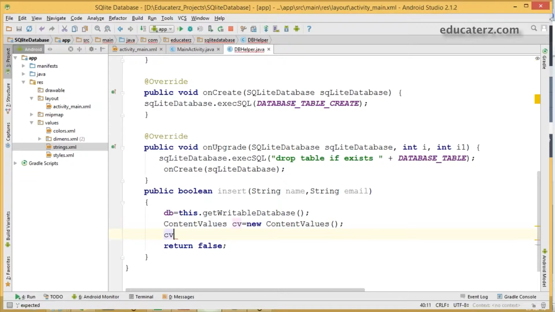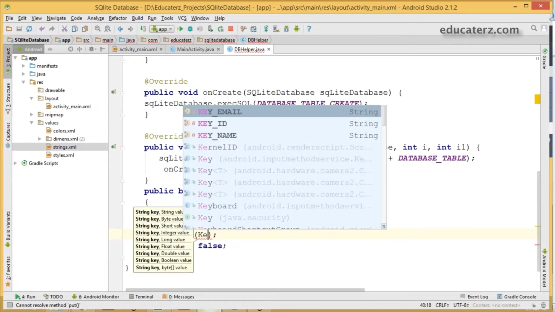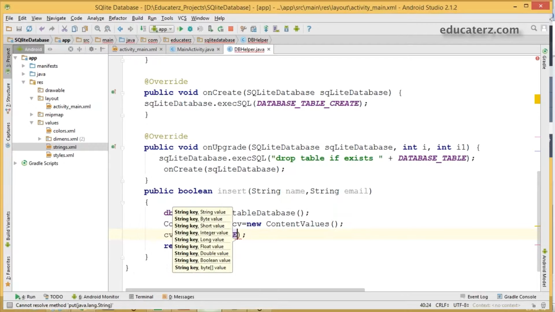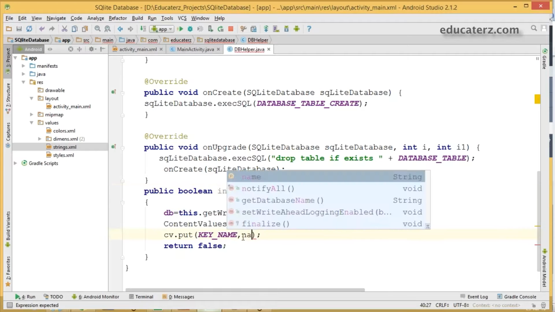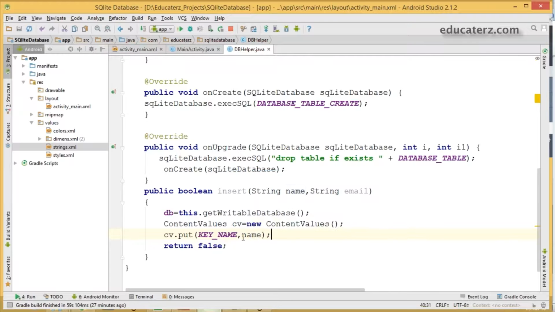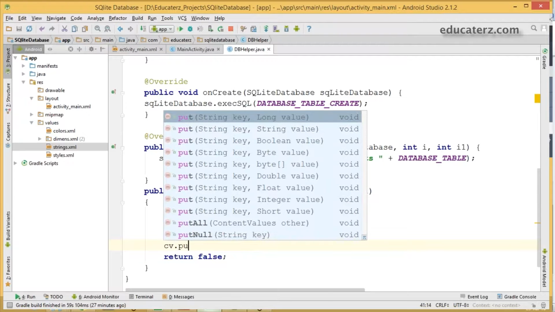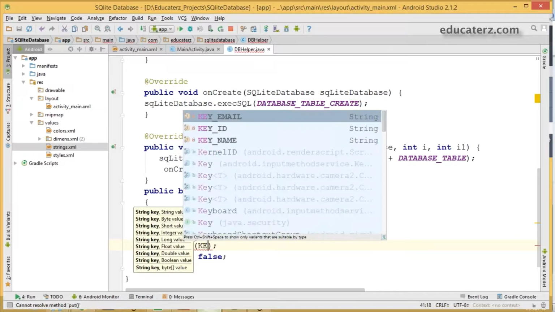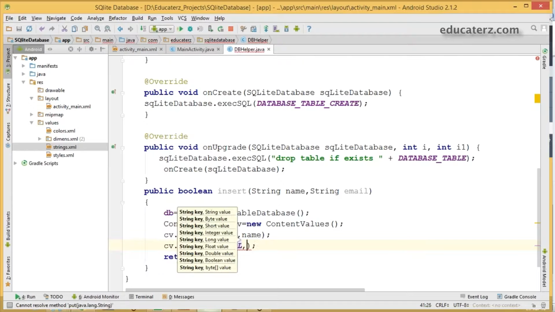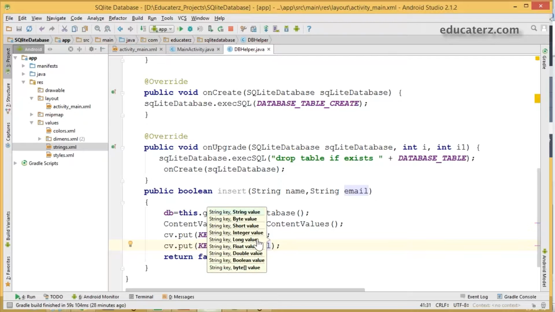Now just add the details using the put method. CV.put is going to take the string key name first and the corresponding value. In my case, the key name is, to enter a name, we use key name. So comma, and the next value is name. This is the parameter, the value we are getting. So pass it here and do the same for the next one also. To enter an email ID, use the put method. You can check with that particular thing. So just take the next one as key email, that was the key which I created already in the earlier sessions, and the value is email. So this is all done.